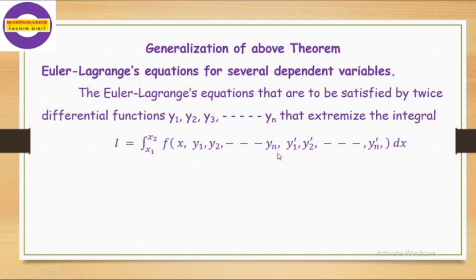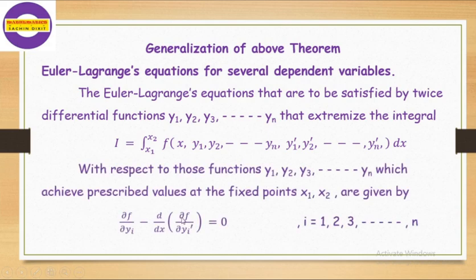There are total n variables. With respect to these functions y1, y2, y3 up to yn, which achieve the prescribed values at the fixed points